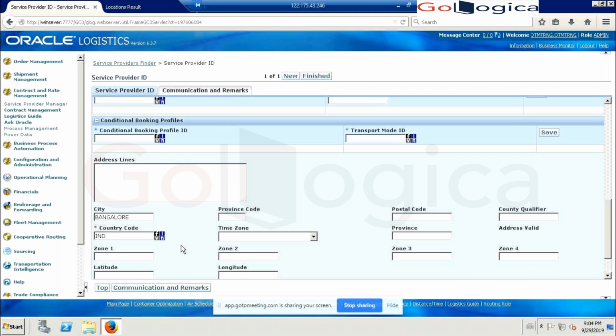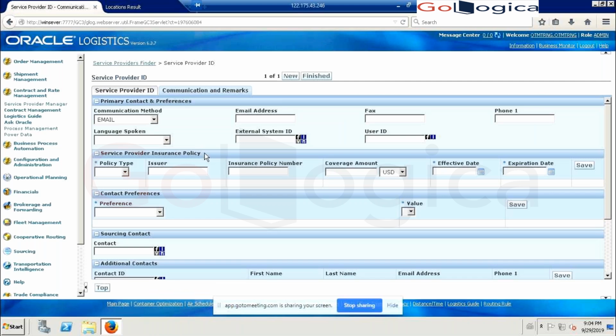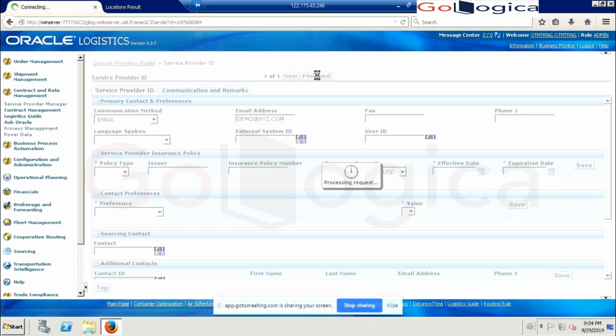So the communication method, I think we can give. Email is already there. I'm just giving xyz.com. So, as I told you, if you create a service provider, a location will be automatically created for this service provider.